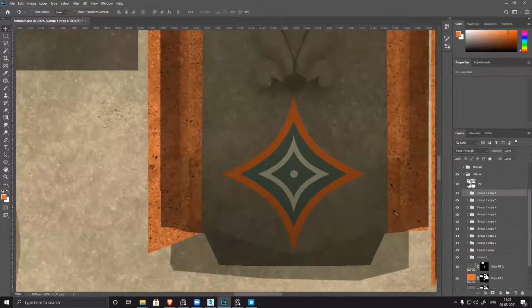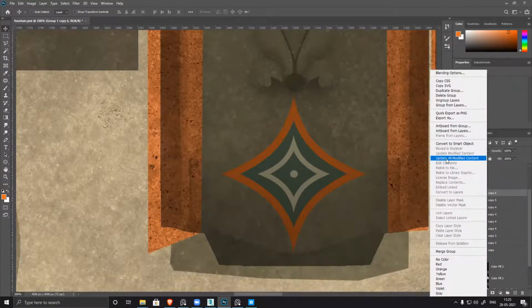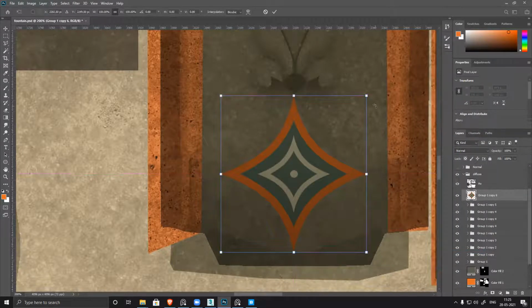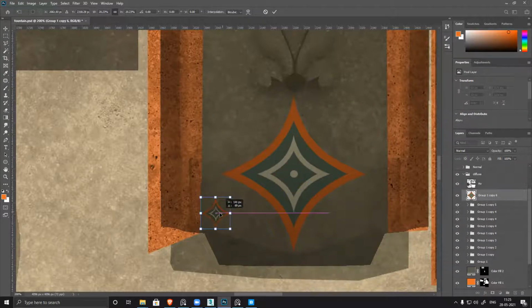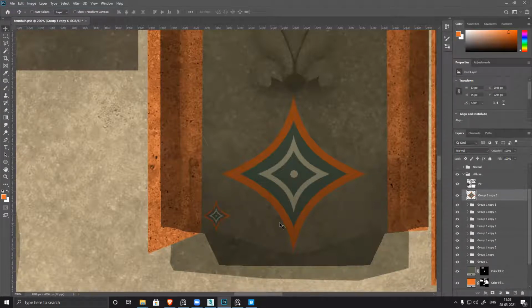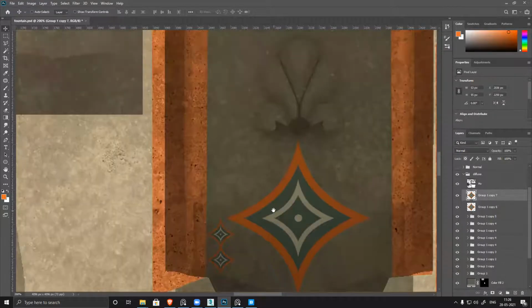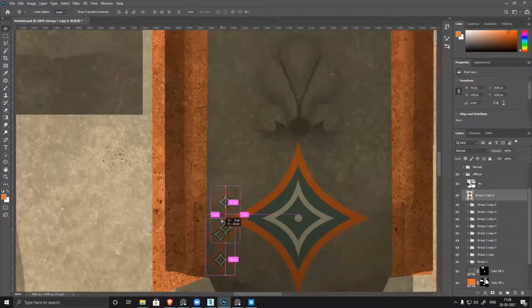The easiest way to fix this is to convert it into a smart object, or I can simply raster merge, group this, and it becomes a flat layer. Now it will stay the same. Done. Merge.